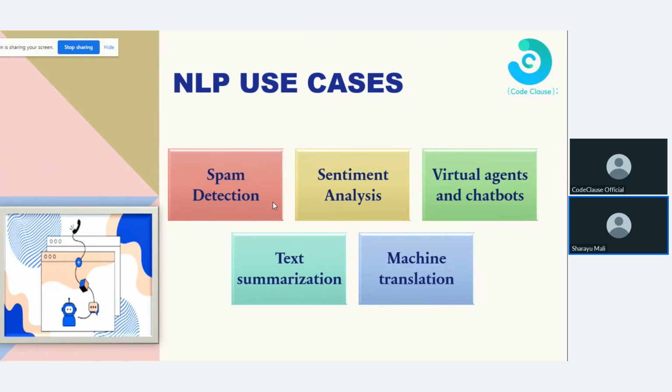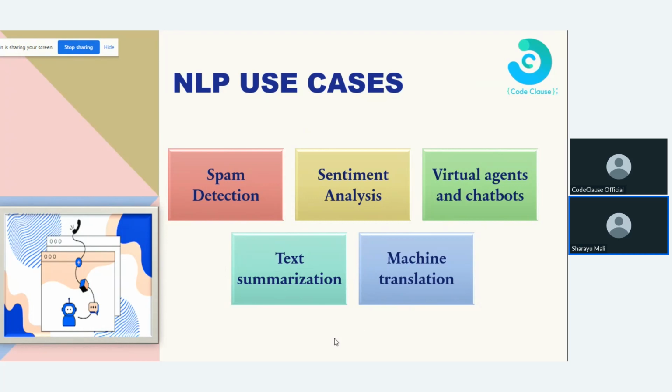For example, we are using Twitter chats and we want to analyze the sentiment, whether they are positive messages or negative messages. So this can be done through NLP. Virtual agents and chatbots also use NLP to understand the queries that are given to them and respond in the same manner. Other examples of use cases of NLP are text summarization and machine translation, where text summarization is